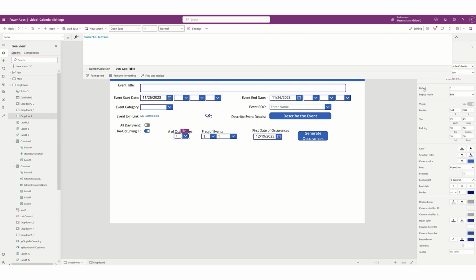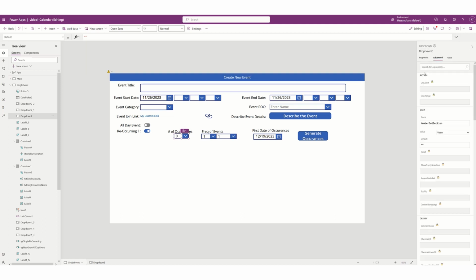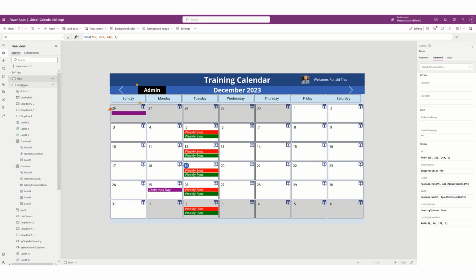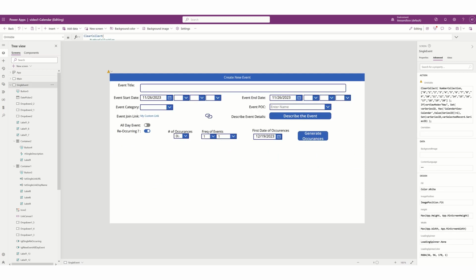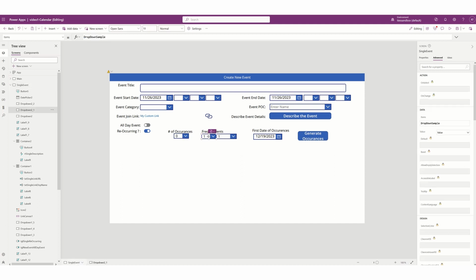So the default, we're going to set this to blank. And then I'm going to come down to advanced and do like we did earlier. We're going to go true, true. We're going to go back to our main and then back to single event. It didn't reset it. I'll leave it at 0. That's fine. All right, so next one here, we're going to